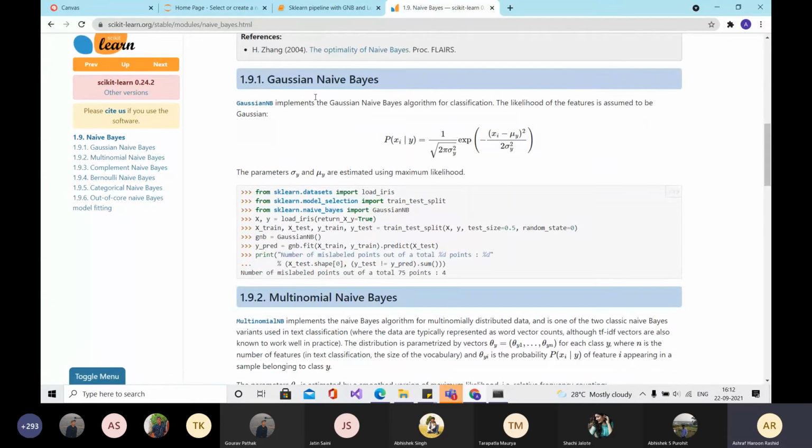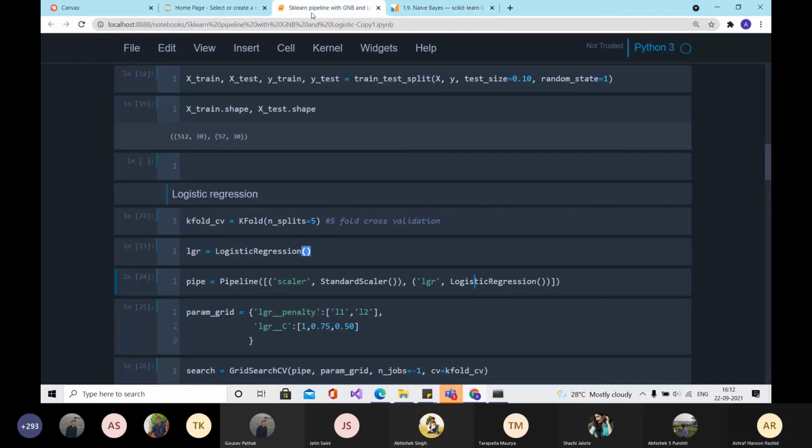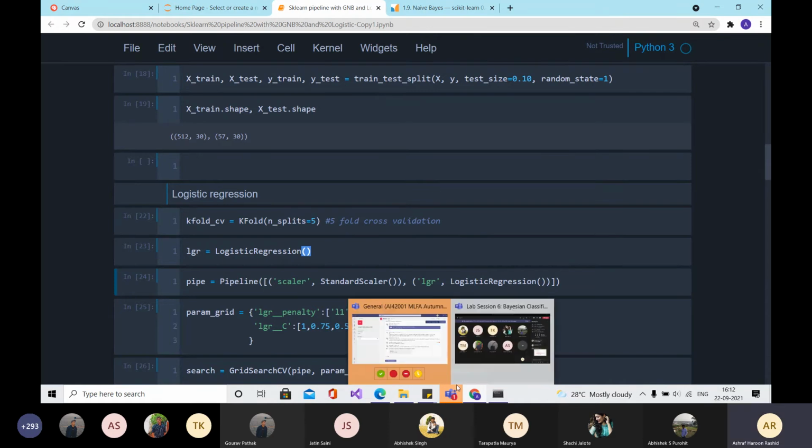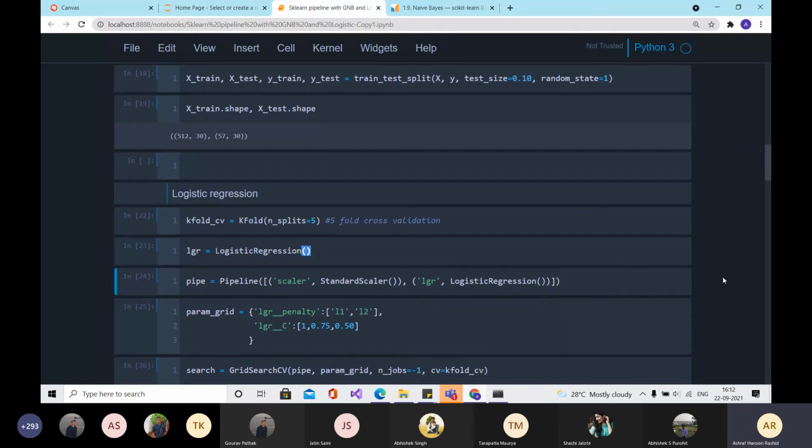You have different types of naive bayes. In the code that I had shared, I have used Gaussian naive bayes. Guys, just try it out and see what you are getting.